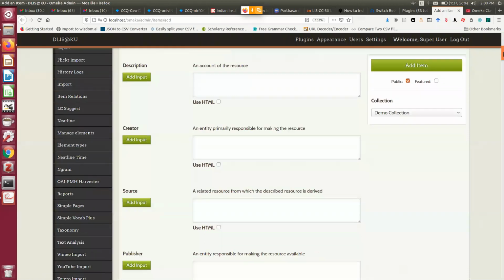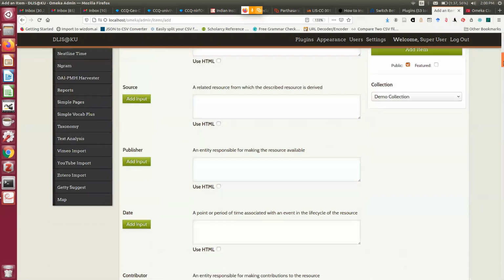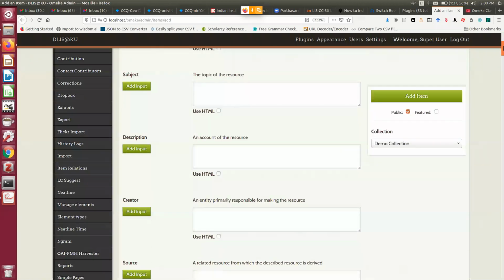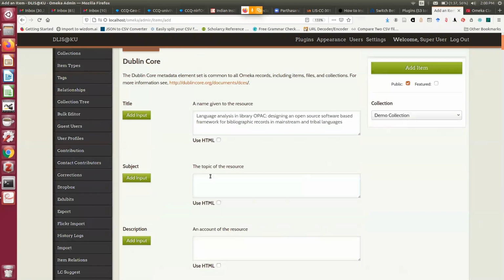Now, before adding an item, I want to show you, suppose this dc.subject. Now, what additional things can I do with it? Let me show, because you must have a question: we have installed so many plugins, what is the utility? So let me show one utility.